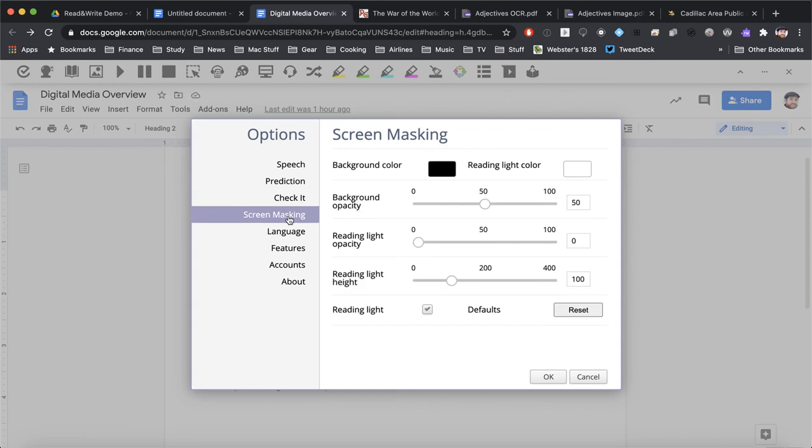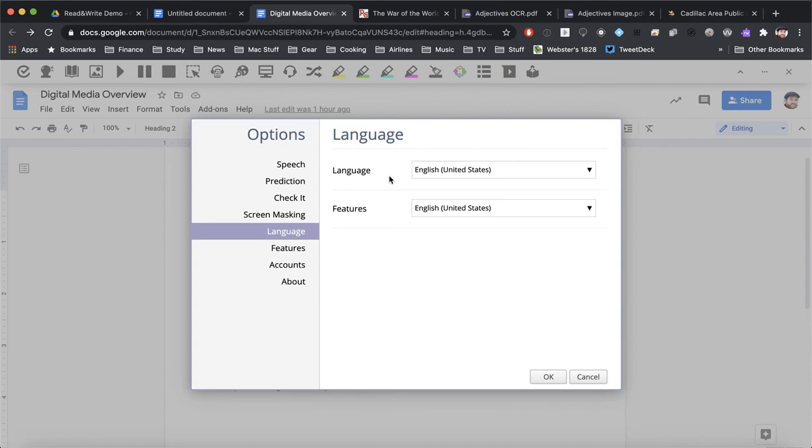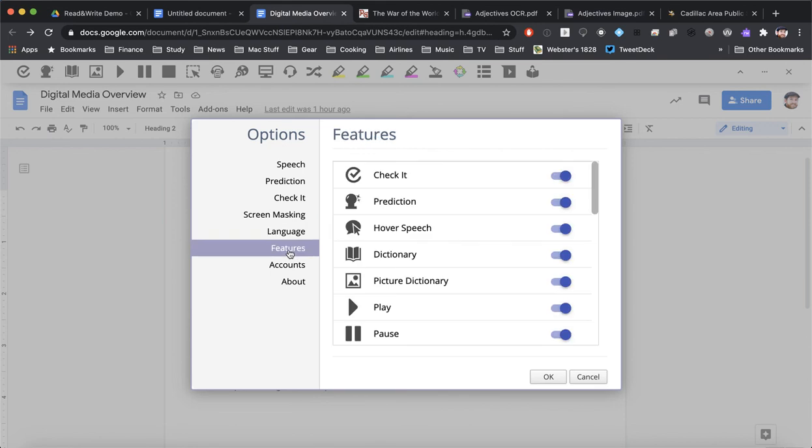The screen masking menu is also available in here. We'll go through that in a different video. By default, all of the language is set to English, which is probably something that you would go ahead and leave as well. The other thing for you to take note of, though, is this features menu, and in here